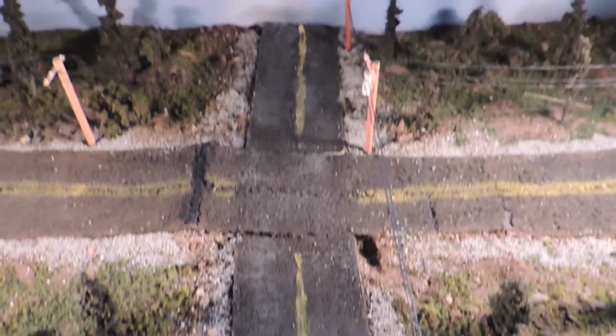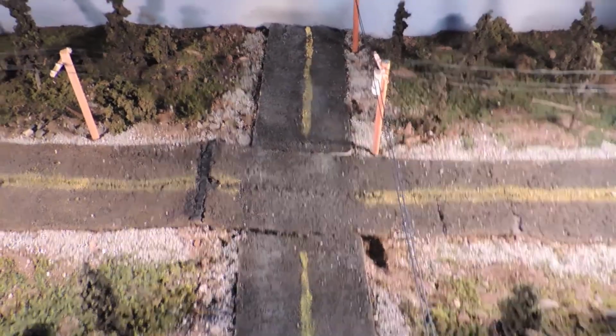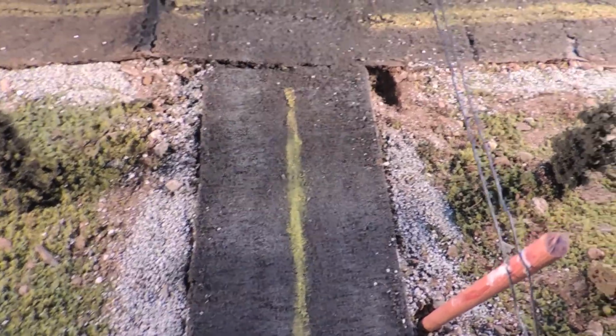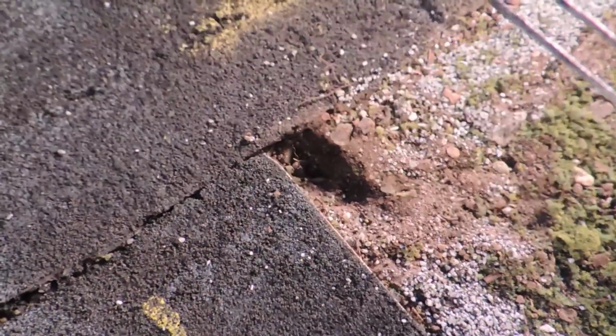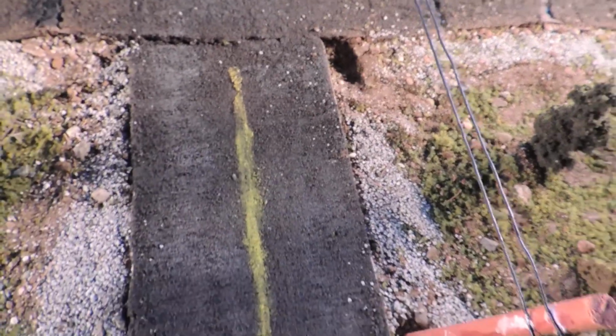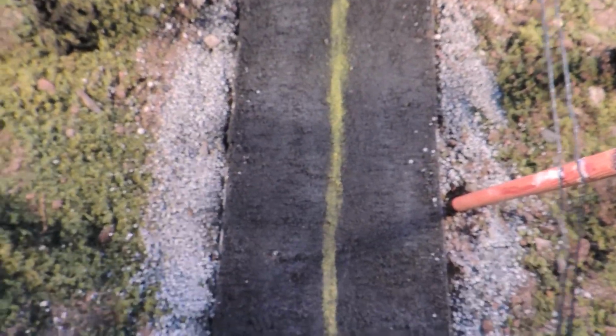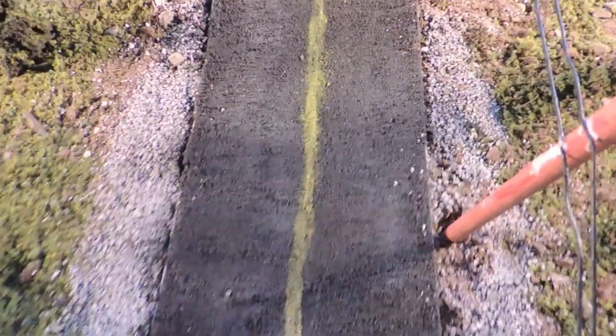So, one obvious thing you can see that I've done is the power lines, but I'll get to that in a minute. And I've also, if you can see right there, that's where the traffic light post is going to go. That's why there's kind of a hole there. I'll show you that in a minute, but anyway,